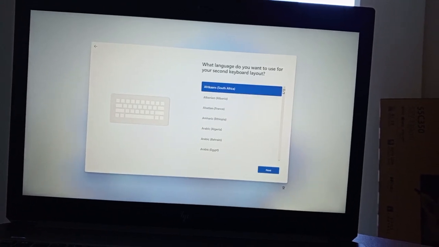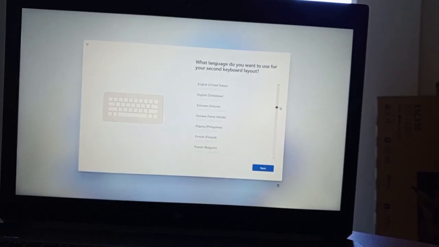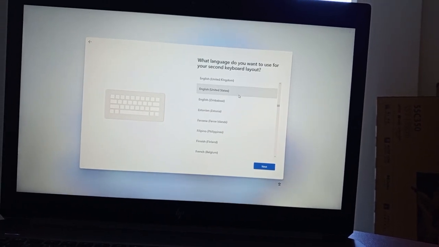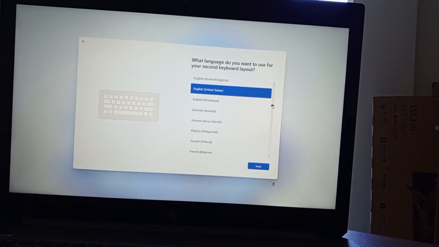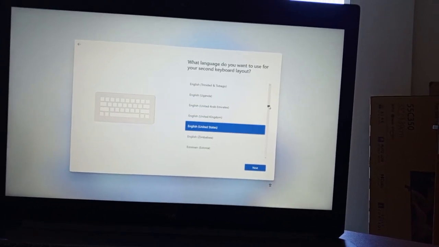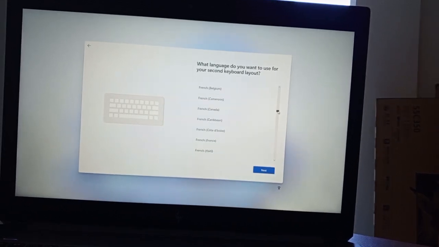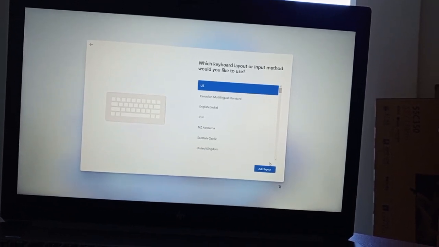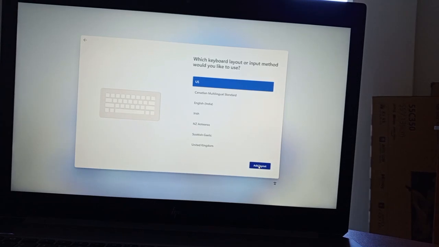I wanted to see the layouts here, but there's really nothing big I can do here, so we shall just go with the US keyboard, and then you continue with your installation. So once you have selected your keyboard and the layout,